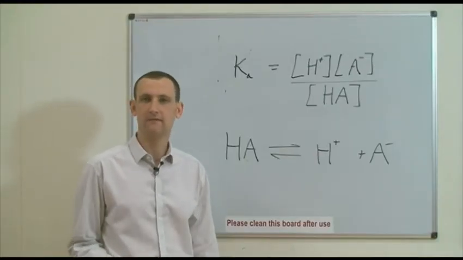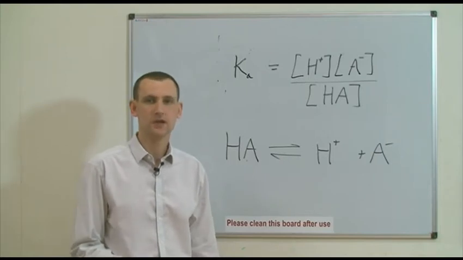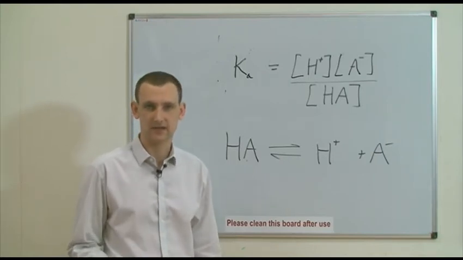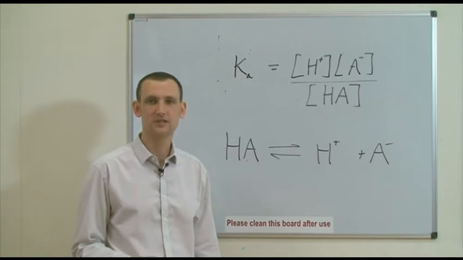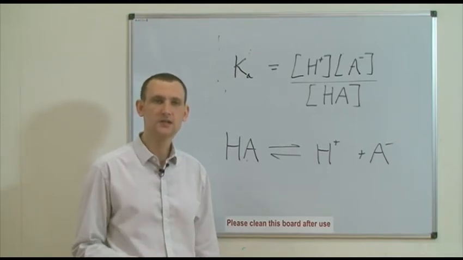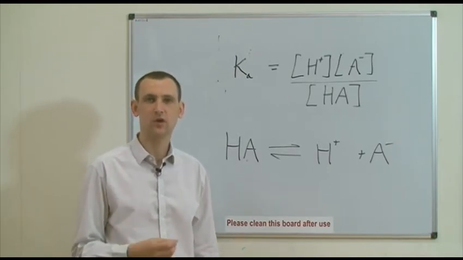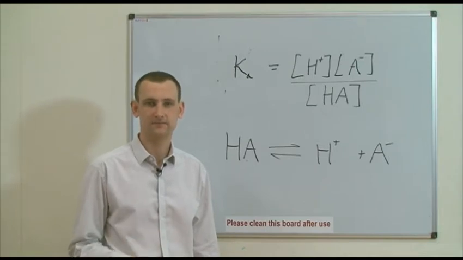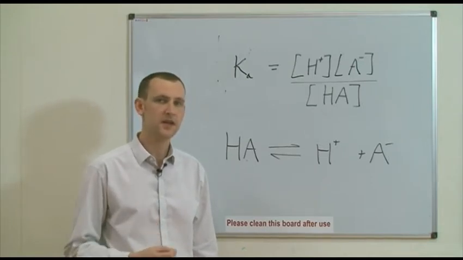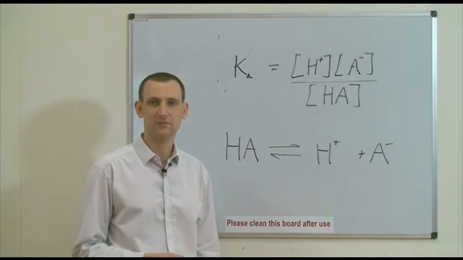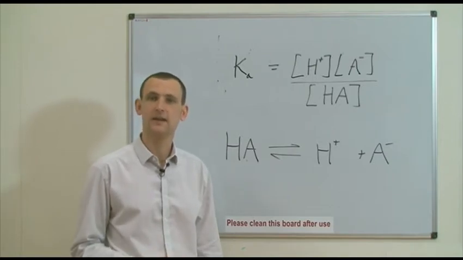However, the range of Ka values is extremely large, so they're often reported on a logarithmic scale, the pKa scale, which is analogous to the pH scale, such that pKa is equal to the negative log base 10 of the Ka value. On this convenient pKa scale, any acid with a value below 0 is a strong acid, and anything above